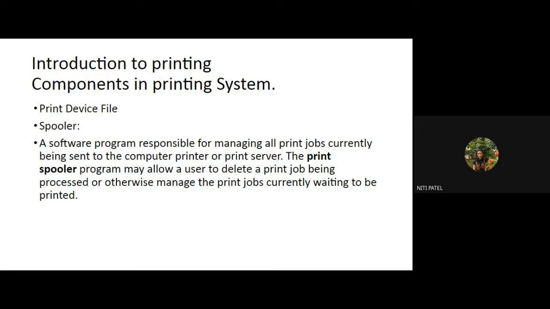Okay. Many times in Windows you must have seen that by mistake, suppose, you gave a print and you want to stop that printing. So what do you do on the right corner of your screen? You can click on the up arrow key. When you click on the arrow key, it will show you all hidden icons. In that you can find printer. If the printer is attached, you can find those printers. And when you right click, it will show you an option: open all printing documents or open all printing jobs. So when you click on that, it will show you all the printing files which you have given for printing. So out of that, if you want to cancel, you can simply right click and cancel. If you want to delete, you right click and delete.